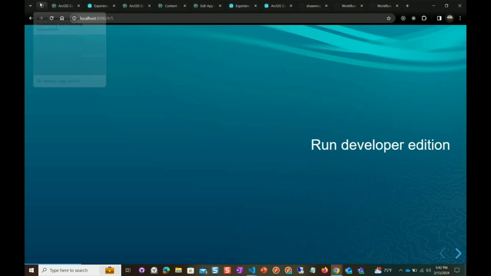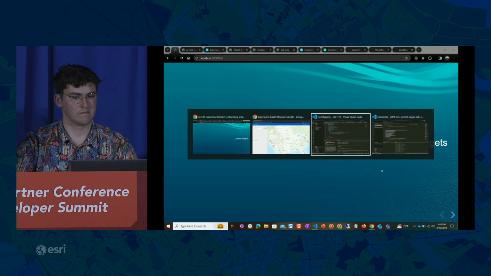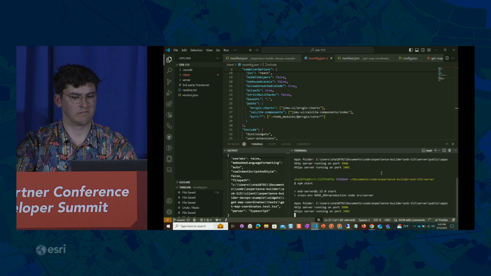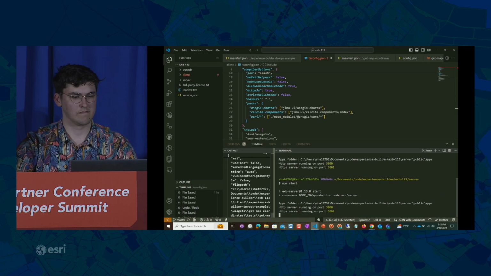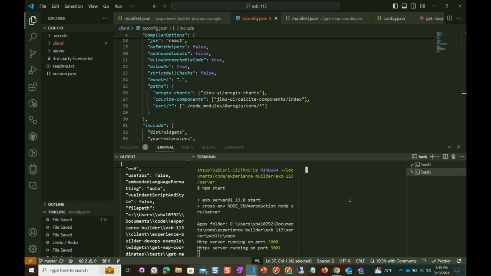So from there, yeah, I think so. So now talking about custom widgets and how that fits into this. When you're running the server and the client, you're doing all your work in the client, but if you're configuring an application, the configuration for that application gets spit out into your server